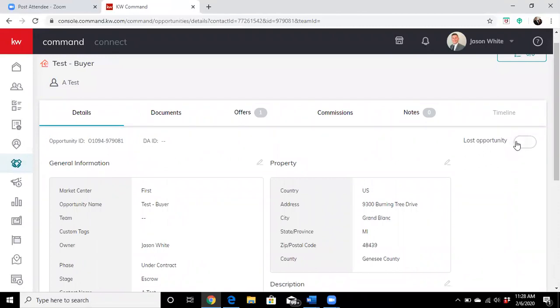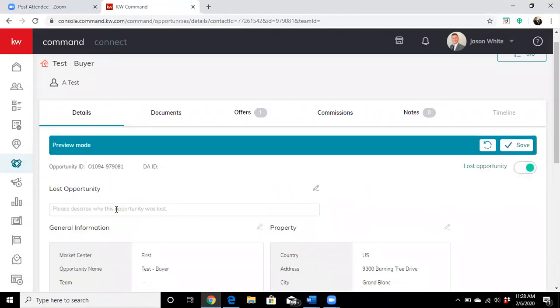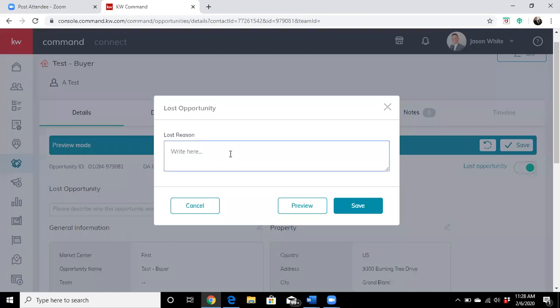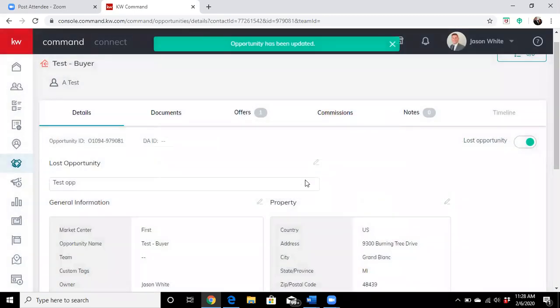So if I click lost opportunity, please describe why it was lost. I'm just going to put test opportunity just because. But you could put in there, maybe it was contingent on the sale of their home, and their home didn't sell, and they just want to wait now. Whatever it is, you can remove that opportunity. So I'm going to go ahead and save that and count it as a lost opportunity at this point,